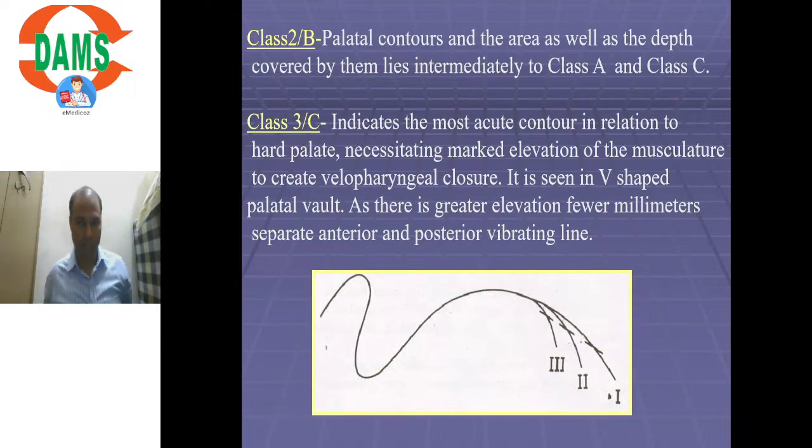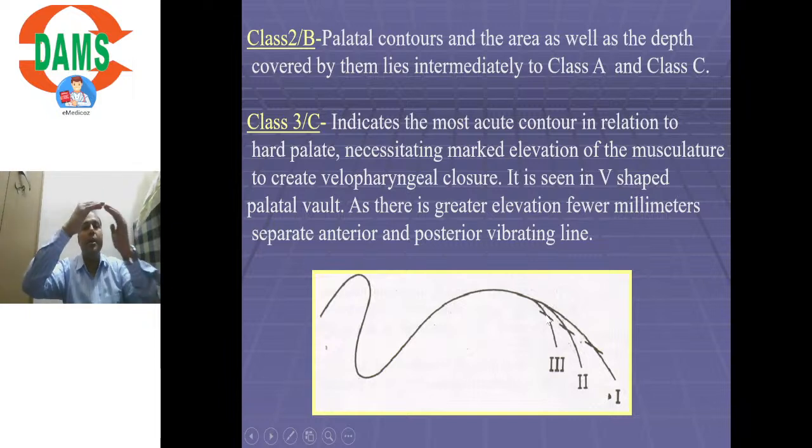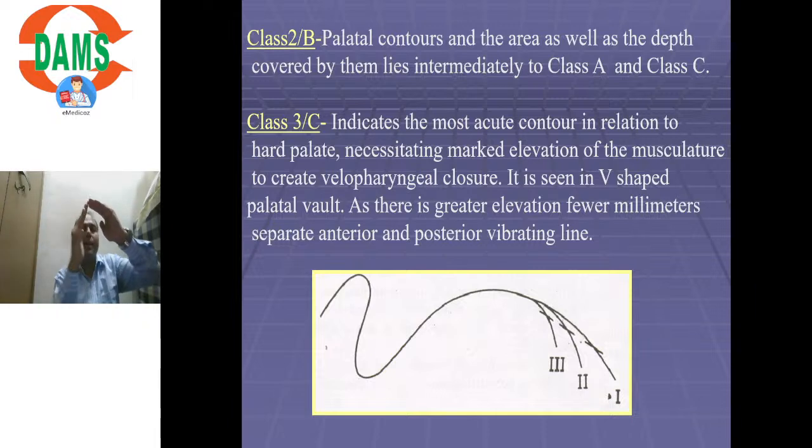Class 2B, it is an intermediate. If you see class 1, class 2 and class 3: in class 1, this is the junction with the hard palate, and we get a lot of area to record. Class 2 is intermediate. In class 3, the soft palate forms a very acute angle with the hard palate. So that means there is a lot of muscular movement. Normally class 3 soft palate is seen in the